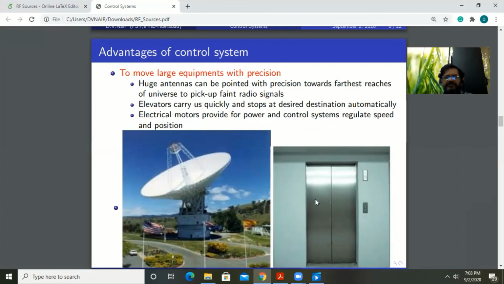The motors which are used provide all the power that is needed to change the pointing direction of the antennas. And these motors are again controlled with very efficient drives which have to regulate the speed and the position so that the objectives can be met with precision. So the advantage of a control system which we see here is of moving heavy items of